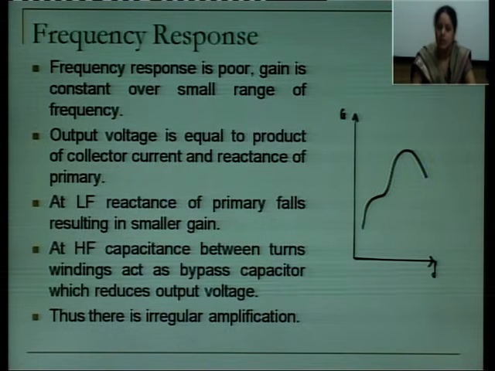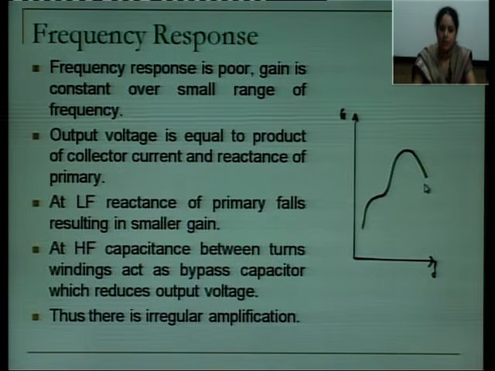So at a very small range of frequency, you have a constant frequency response. At low frequency, the reactance of the primary falls, resulting in smaller gain. As we know that X is equal to 1 by 2